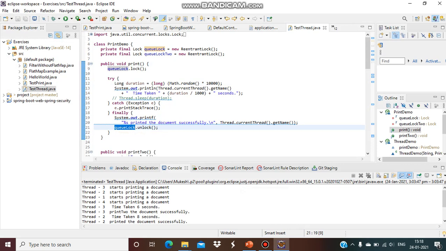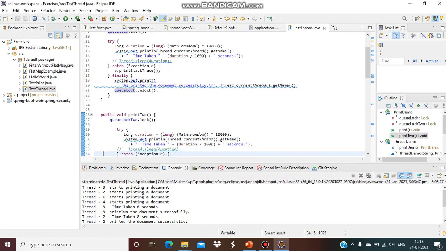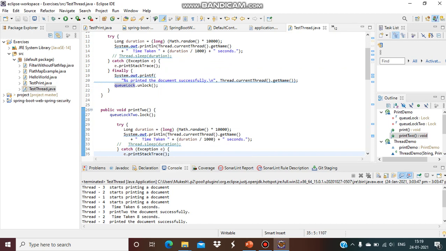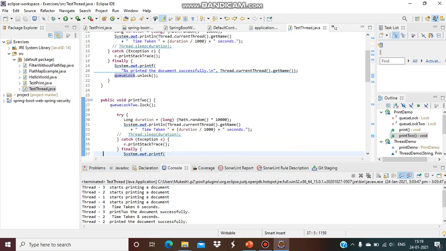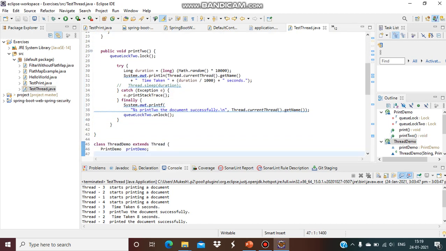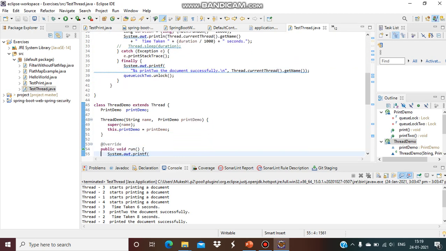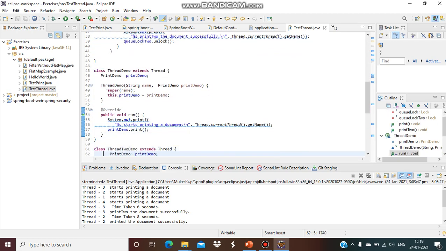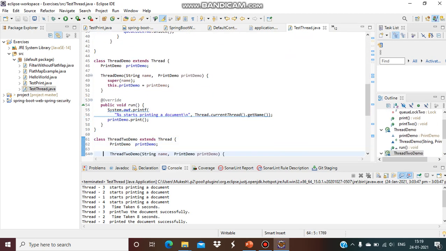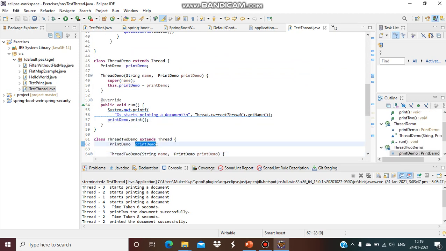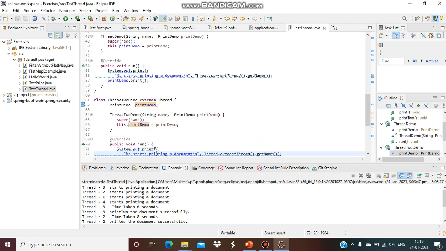I have applied one lock in one method and released it, and applied another lock in another method. This way both the methods can execute in parallel. We have created thread classes which will invoke these methods: PrintDemo.print, and another class will execute the PrintDemo.print two method.